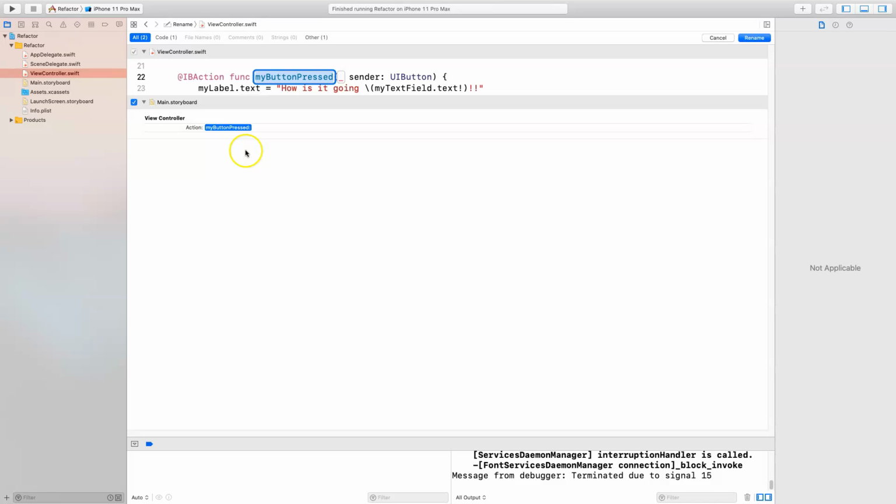So if you ever need to rename either a variable associated with an outlet or a function associated with an action, use the